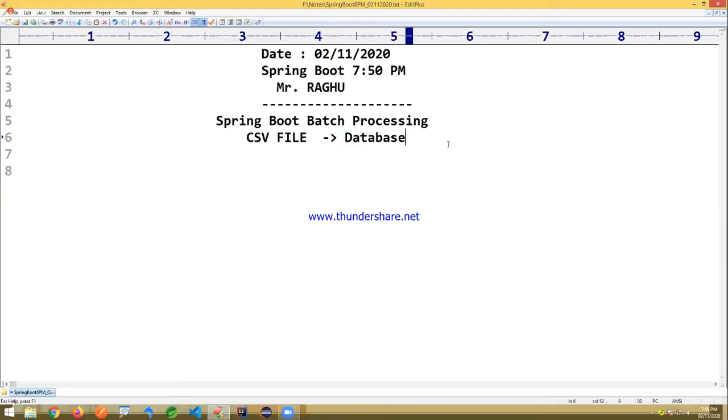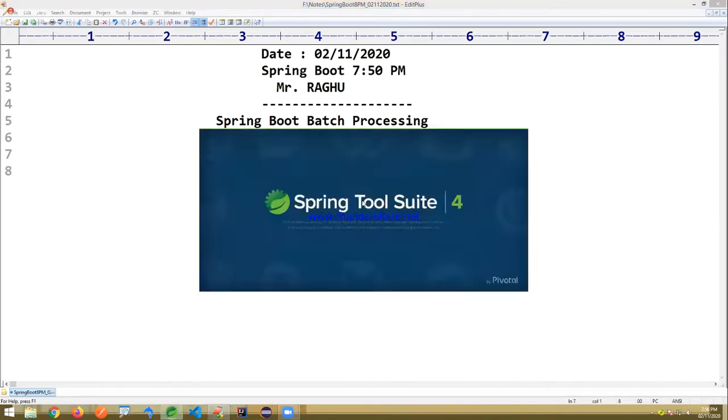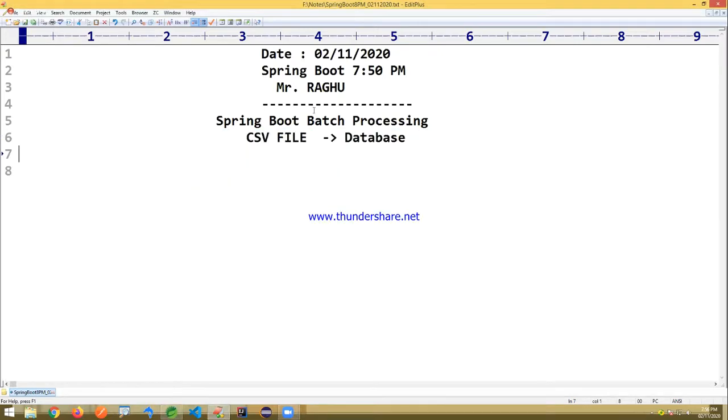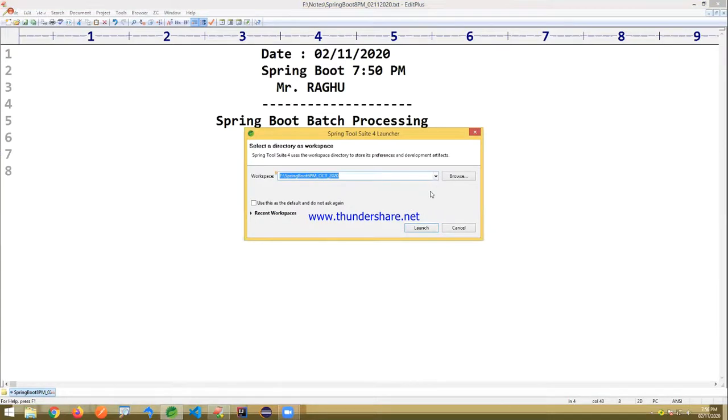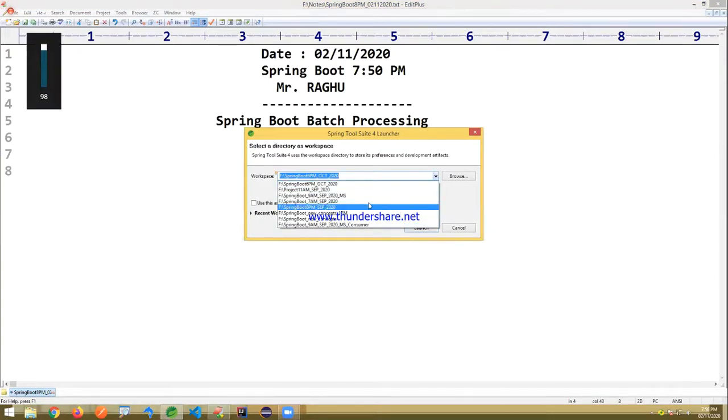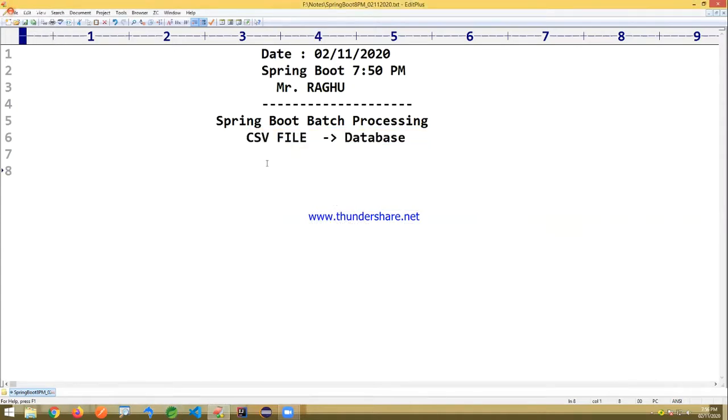Observe carefully this process I'm showing here, how it is going to be. In this case, we are going to use some predefined classes, a reader and a writer. I just want to read one CSV file, which is holding the data in multiple lines.